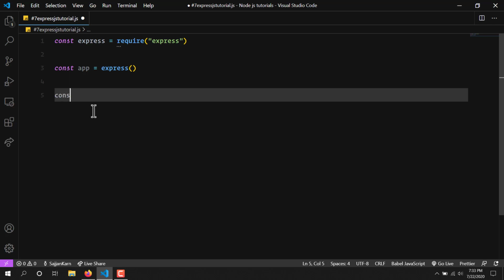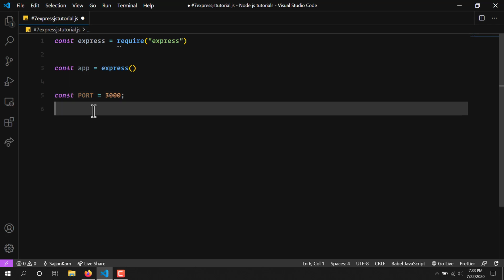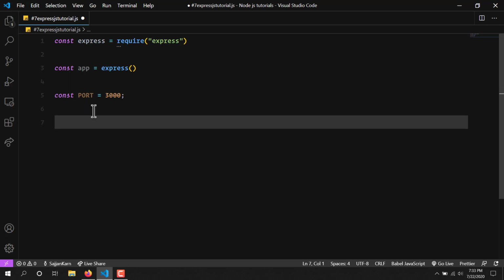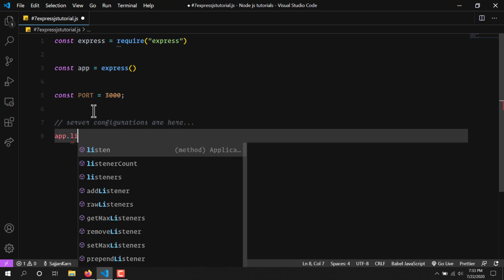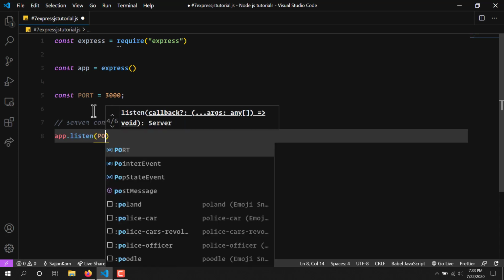I will write const port equal to 3000. You can choose any port, but don't choose something like 80 or 8000, because these ports are already being used by someone in most cases. I will write a comment, server configurations are here, and then app.listen with that port.